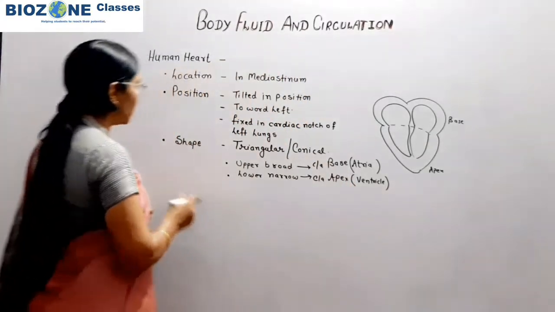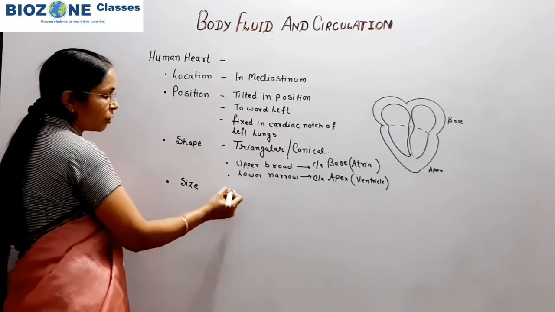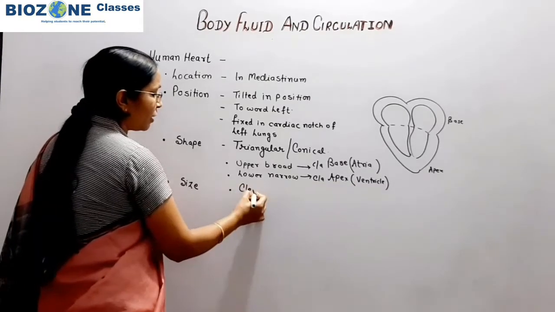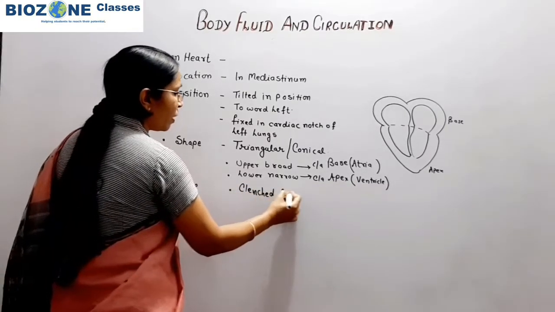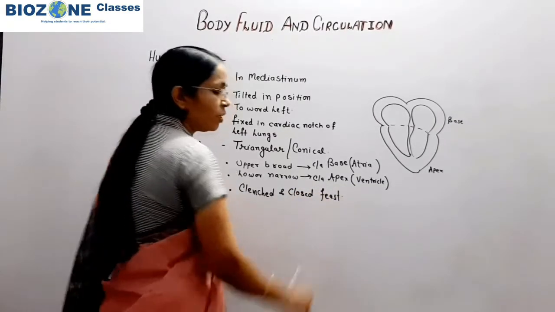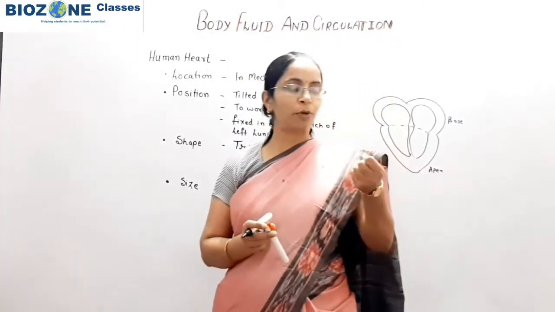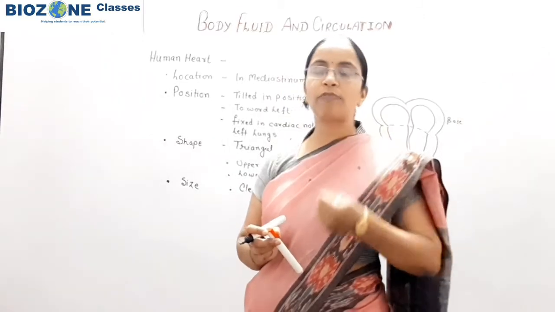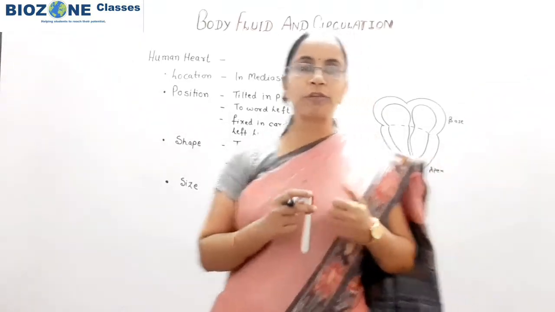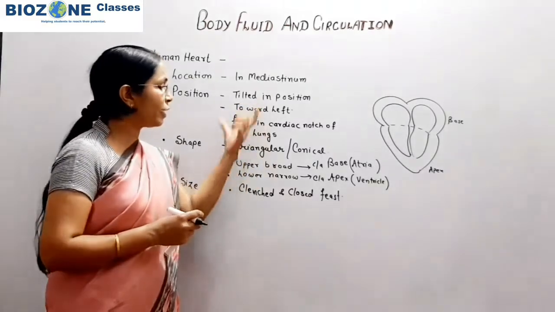Now when we come towards the size, it varies from person to person. You remember a tightly clenched, closed fist. If you put your left thumb inside and close your fist, then whatever size is there is the actual size of our heart. So these are some general positions and terms related to the heart.